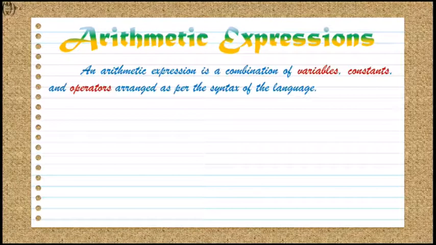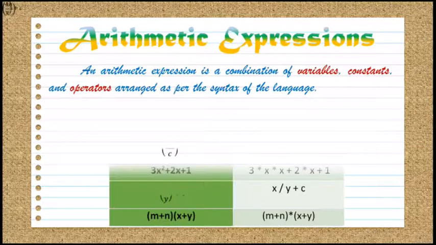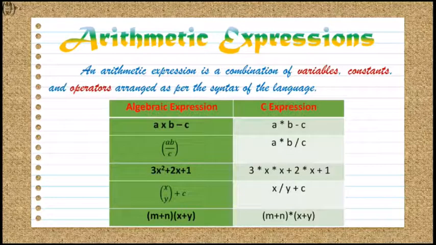An arithmetic expression is a combination of variables, constants and operators arranged as per the syntax of C language. C can handle any complex mathematical expressions. So here are some examples of C expressions. On the left hand side, all the mathematical expressions are written, and on the right hand side all the C expressions are written. So the first expression is A into B minus C, and in C we write the same equation